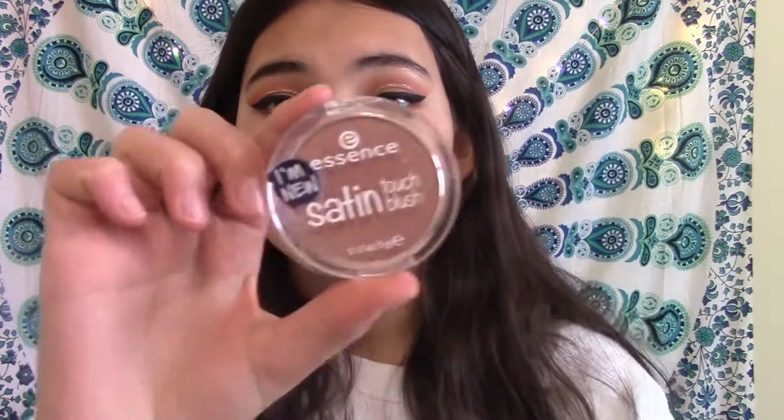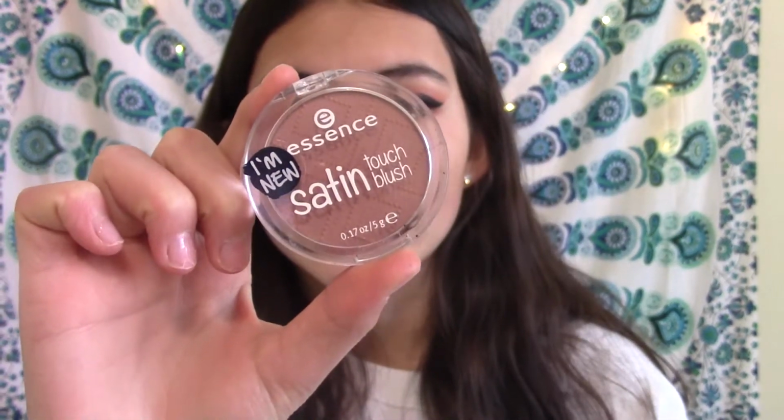When I do bronzer, I feel like I don't have a huge effect when I use it. I don't know why. Maybe I'm just not using it right, but now I'm gonna take the Essence I'm Satin blush in Satin Love, and why did I say I'm Satin? It's because it says that. I'm gonna take the Essence Satin Touch blush. Wow, there's a lot of scratches on that. And I'm just gonna take it and add a little bit of